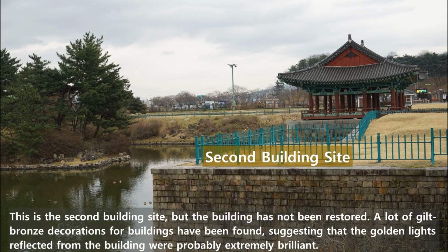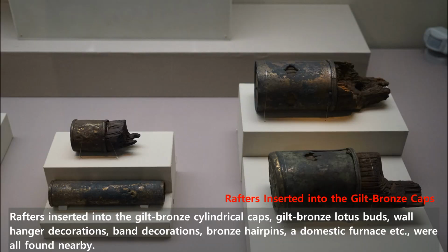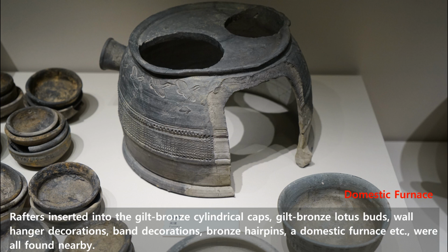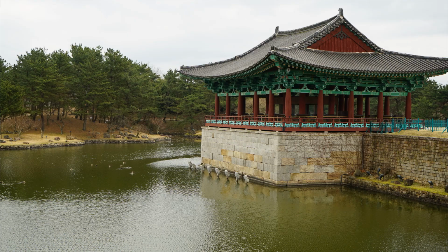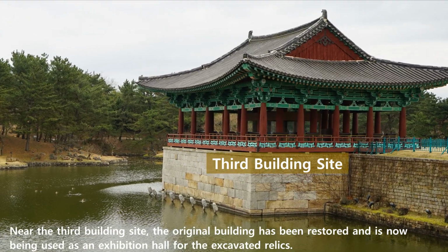eastern coast. This is the second building site, but the building has not been restored. A lot of gilt bronze decorations for buildings have been found, suggesting that the golden light refracted from the building was probably extremely brilliant. Rafters inserted into gilt bronze cylindrical caps, gilt bronze lotus buds, wall hanger decorations, band decorations, bronze hairpins, a domestic furnace, etc. were all found nearby. Near the third building site, the original building has been restored and is now being used